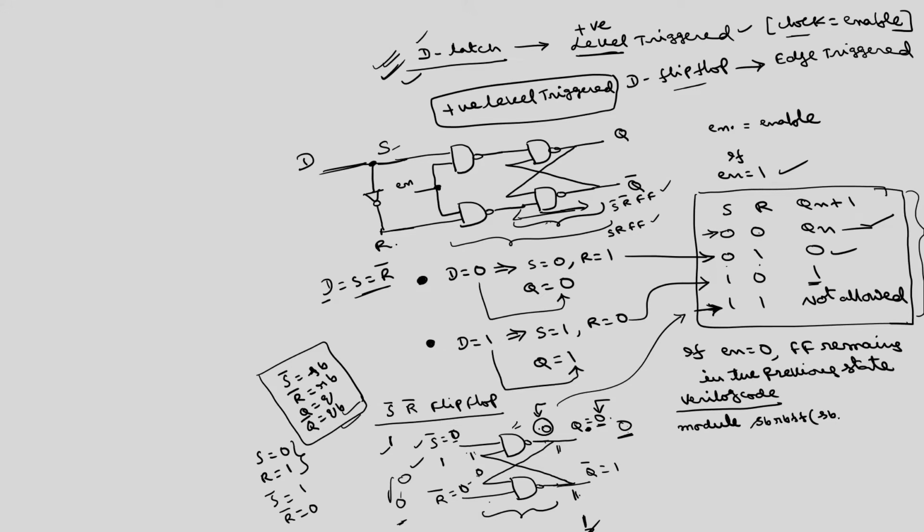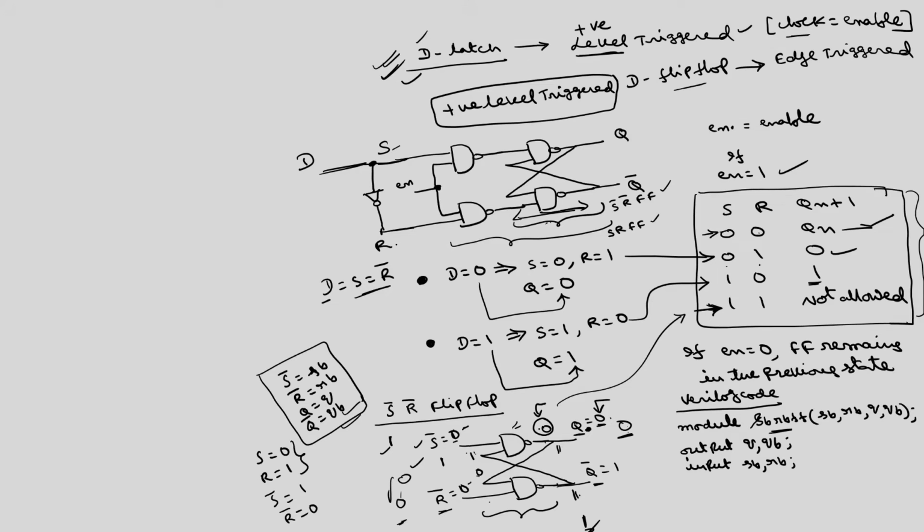So, S B is the input, R B is the input. Corresponding to S B, at this output we have Q, and at R we have Q bar. So, I can give them in the same order: Q, Q B, semicolon. This module name I am calling small S B R B F F. Later if you want to instantiate, you have to call this name. So, I will write here the outputs are Q and Q B, Q bar, and the inputs are S B, S bar, and R bar.